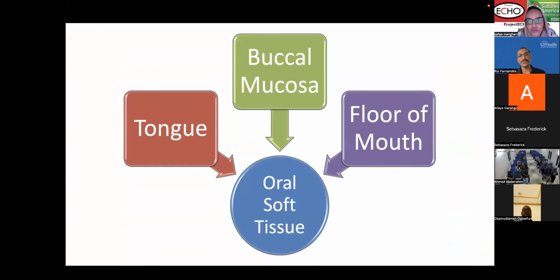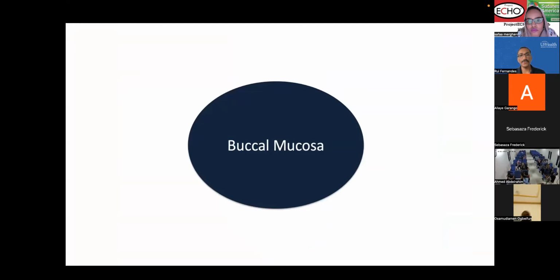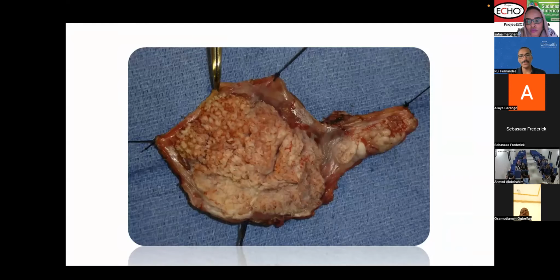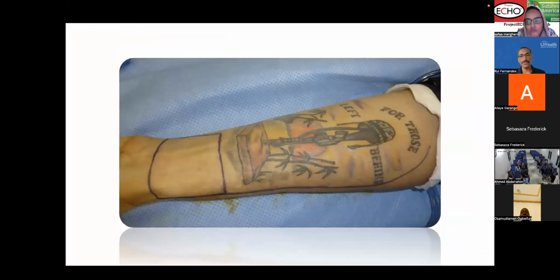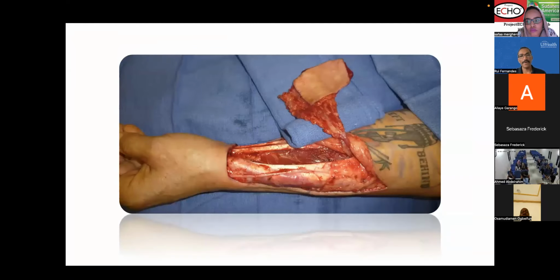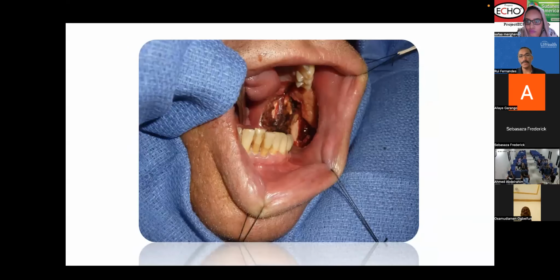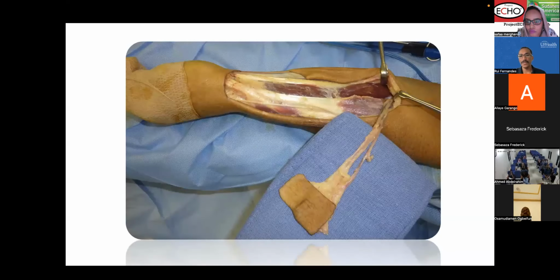When you look at the reconstruction, again, I'll just highlight a couple of sites. Buccal mucosa, we typically would reconstruct with a soft tissue flap, whether it's a radial forearm, as here, because of the thinness of that flap option. It allows you to carry out these reconstructions with minimal morbidity, while allowing the patients to have good opening and a decent